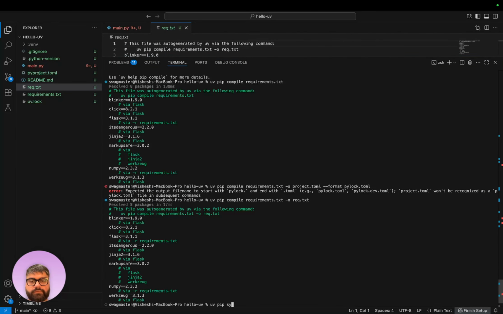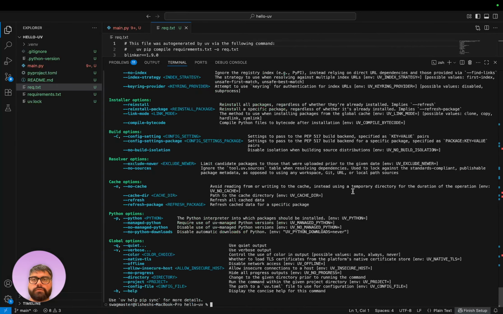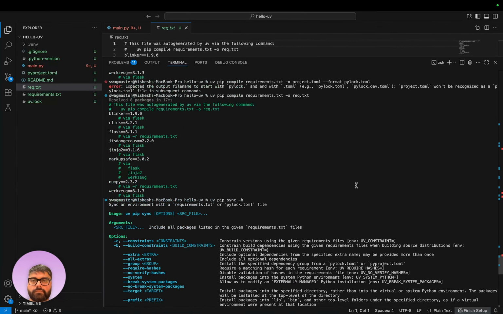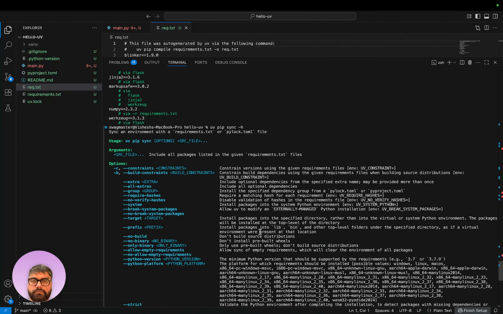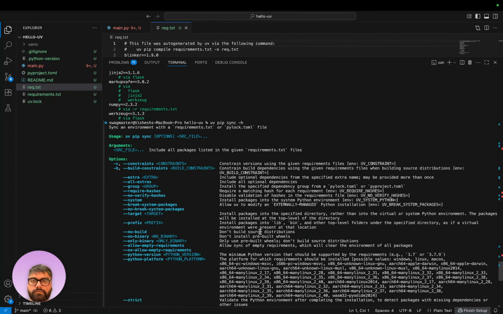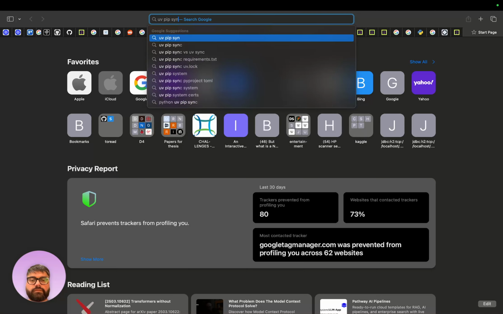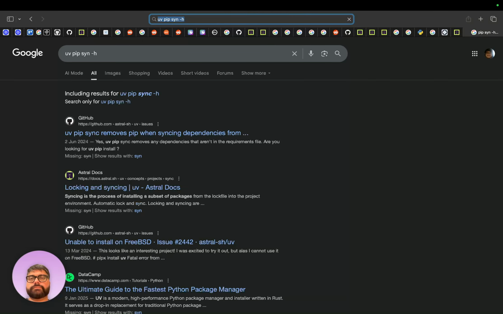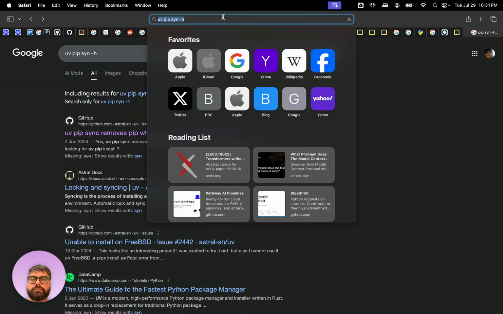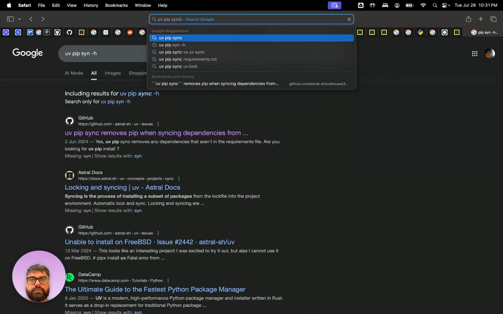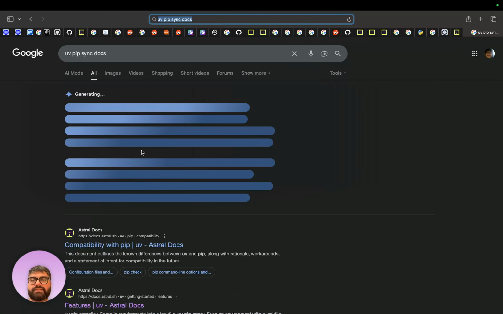UV pip sync dash H. Getting requirements. Let me just look up the docs. UV pip sync docs.